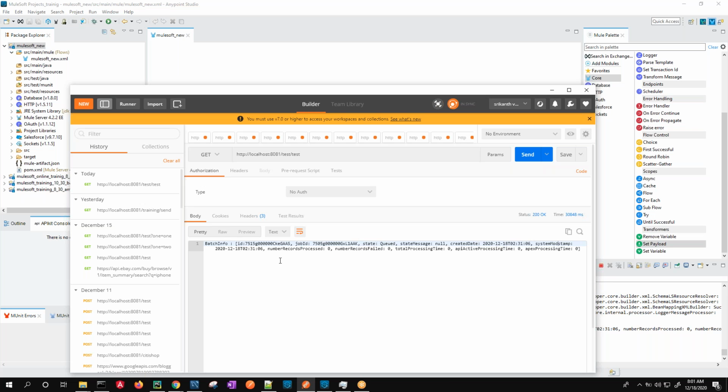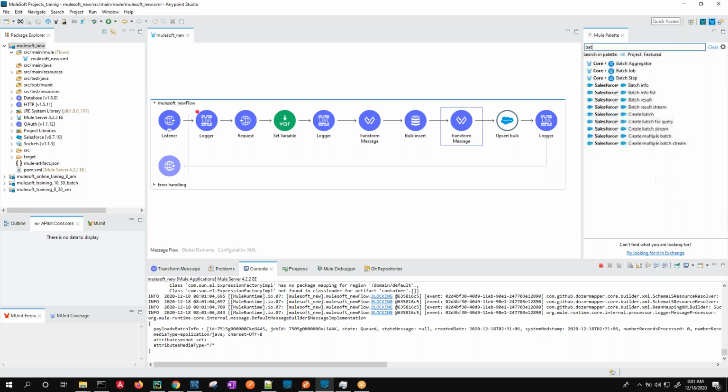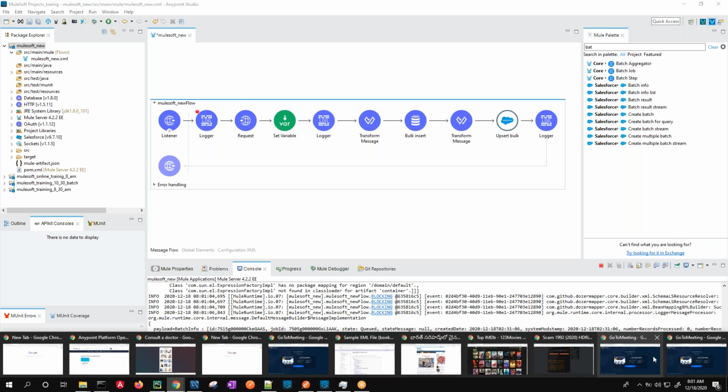Now we got the result as batch info. This bulk upsert won't tell you whether the records were successfully inserted or not. It will just give you the batch information. After that, you need to use the batch info to get the batch result. You can use the batch result operation by passing the batch info, and you will get the result. Either you can do that, or what you have to do is,